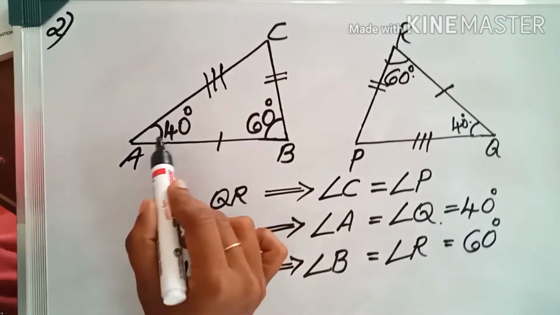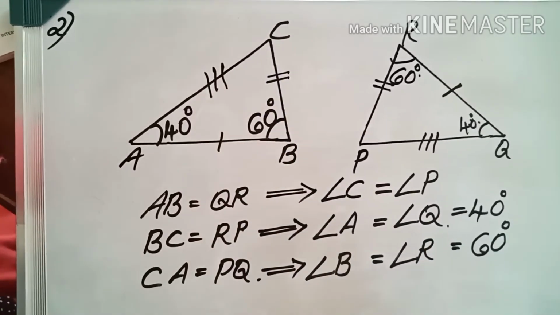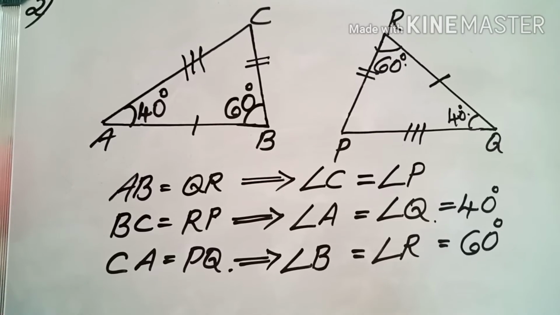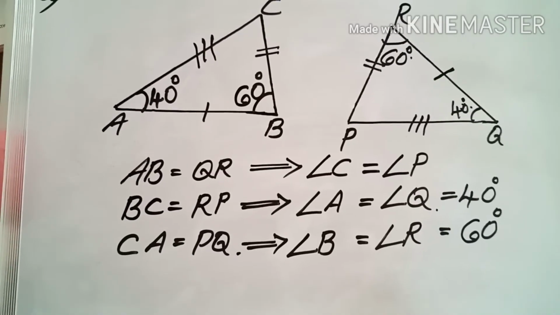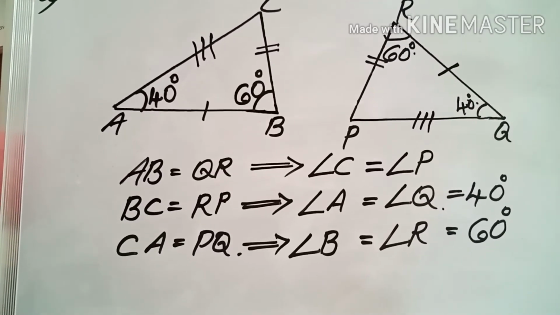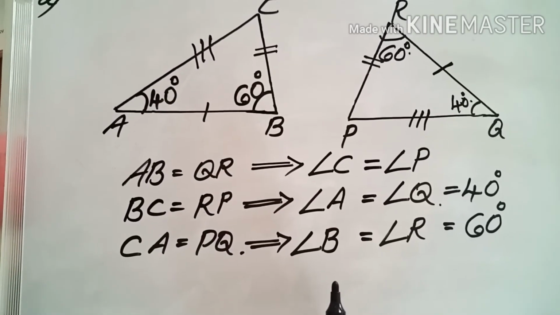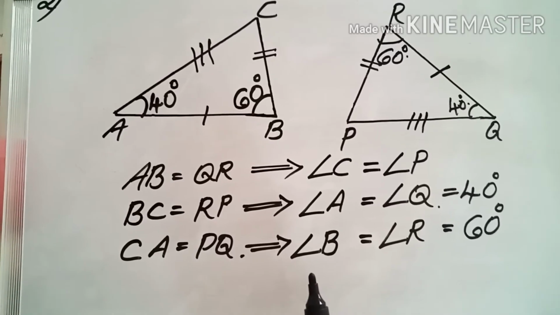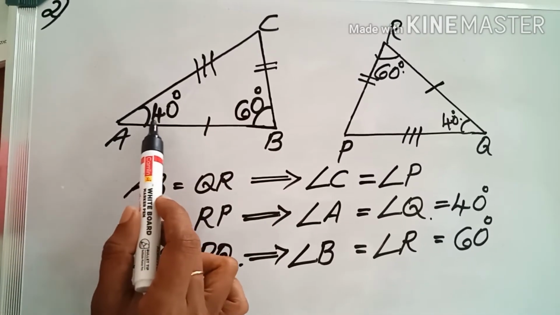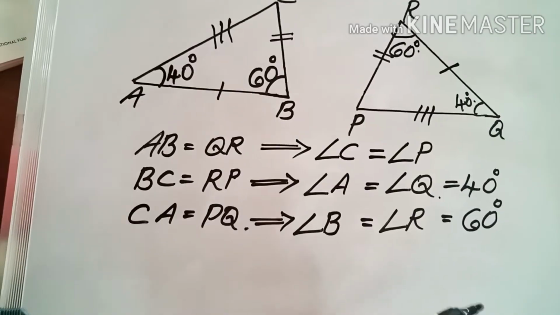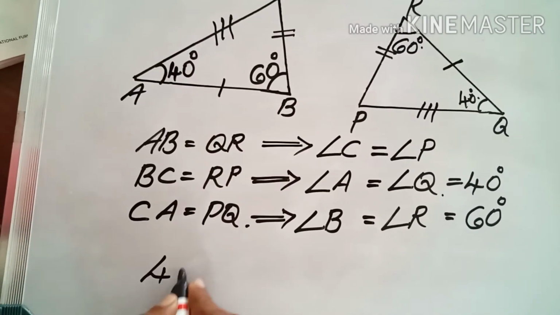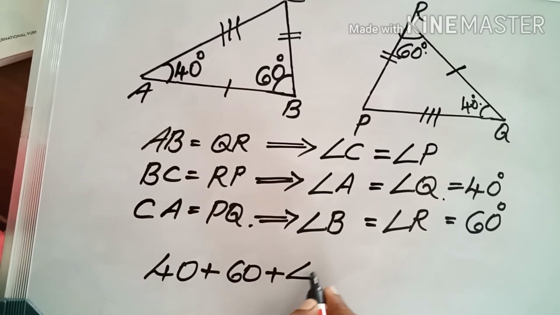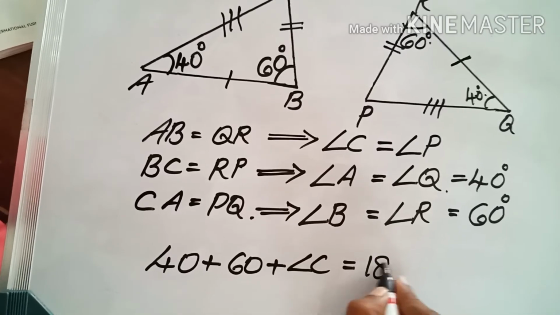So we got two angles here, two angles here. Now we need to find the third angle. For that, in 7th standard, you learned the angle sum property of triangles. That means the sum of three angles is 180 degrees. That you learned in the 7th standard. That rule we have to apply here. So the sum of three angles is 180 degrees: here one angle 40 degrees, next angle 60 degrees. So 40 plus 60 plus one more angle, that is angle C. Sum will be what? 180 degrees.